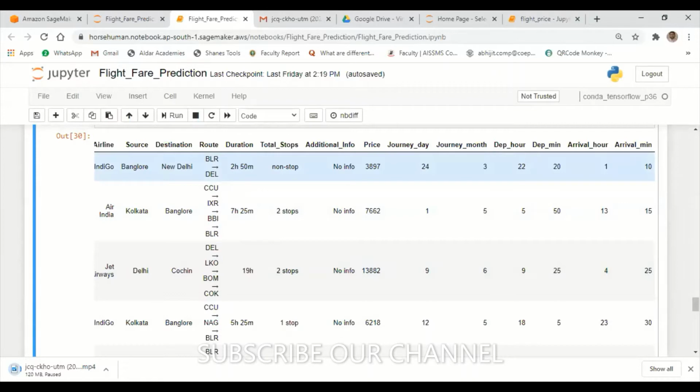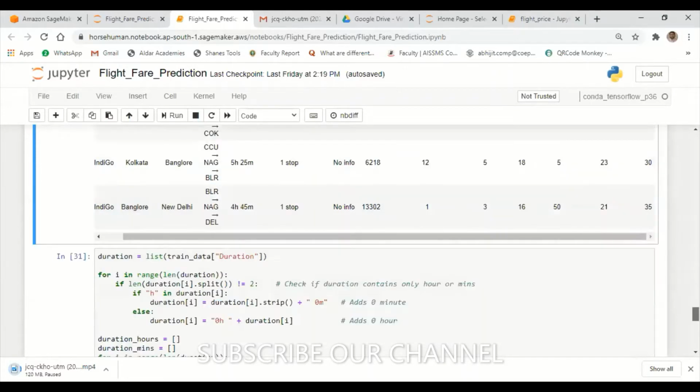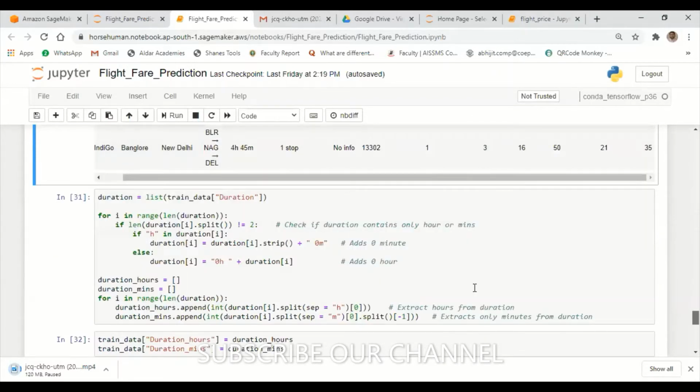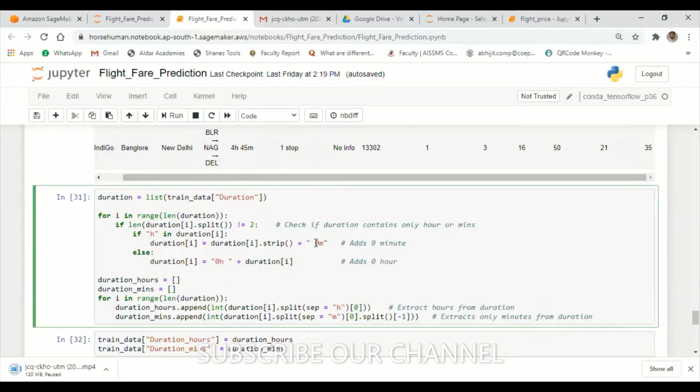Last time I already discussed this. Last session we were facing a problem here: there should be one space here. Some indentation and typo mistakes were there, and due to a space we were not getting that output.